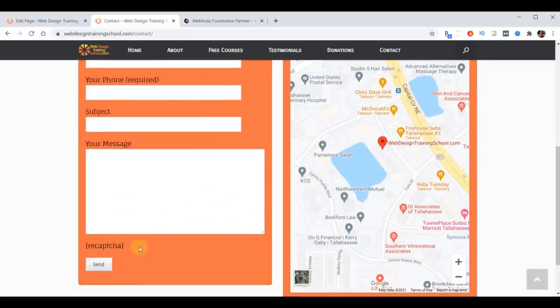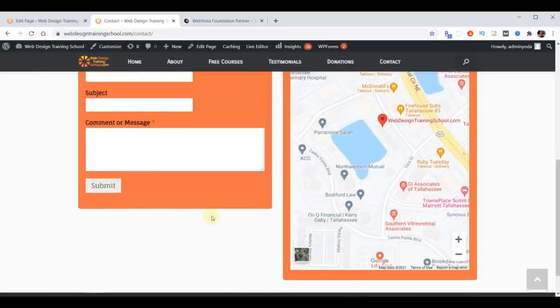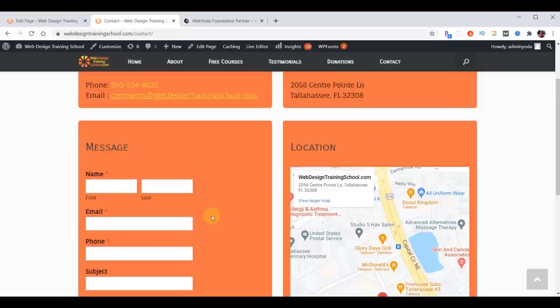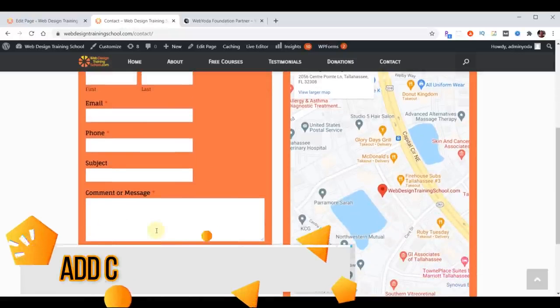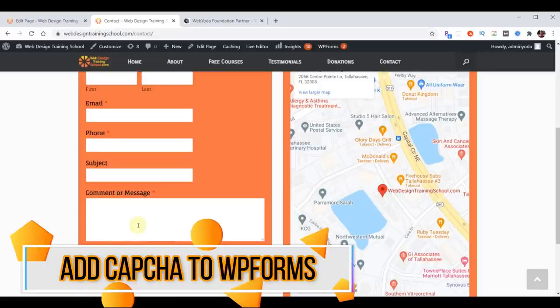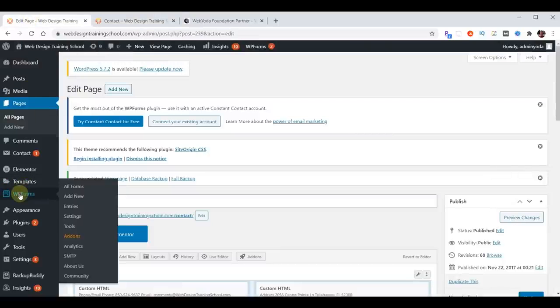And notice at the bottom, the captcha is broken. We'll hit reload. And we have a new form, but it doesn't have any captcha information in there. So what we want to do is go ahead and add the captcha to this form. So we're going to go back to our WordPress admin, go back to WPForms,